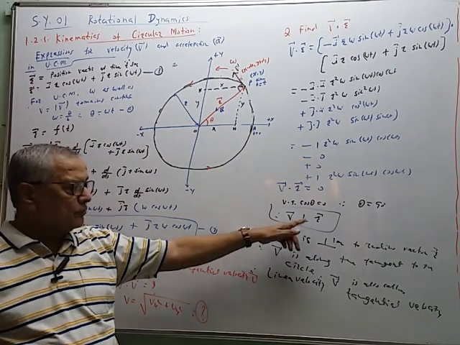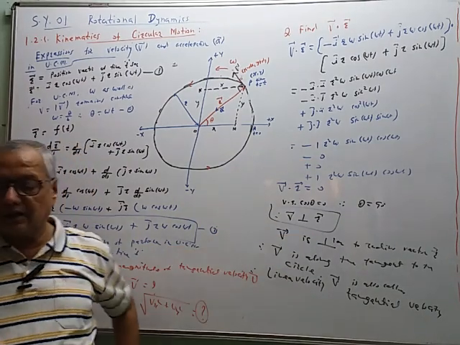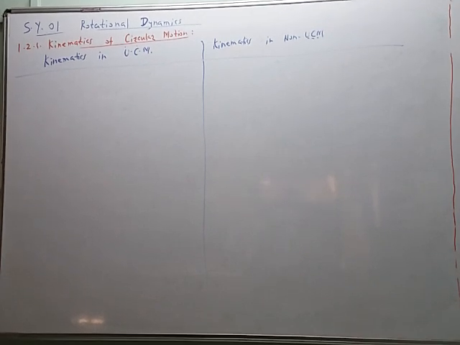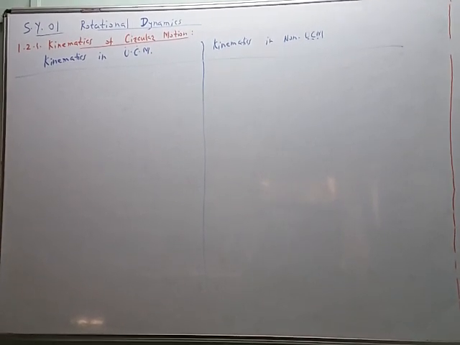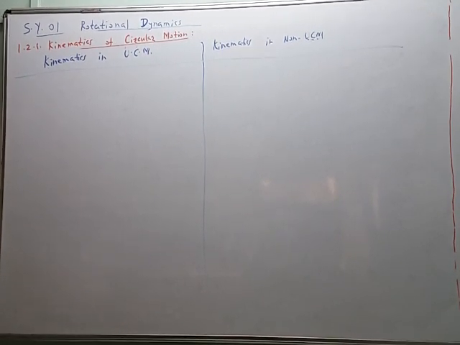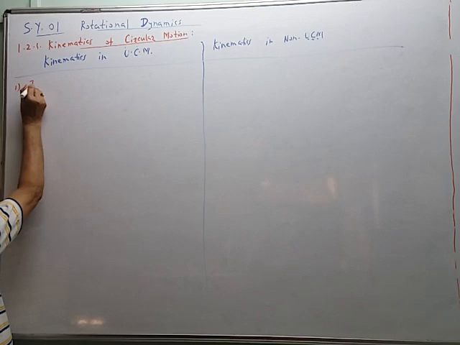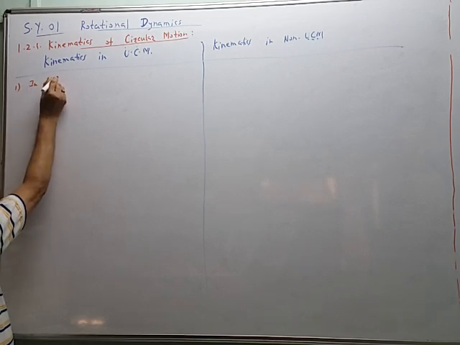So we have proved that velocity is along the tangent to the circle like this. So these are the equations involved in circular motion, particularly UCM like this. So let us see the kinematics in UCM and non-UCM. So the first property in UCM,